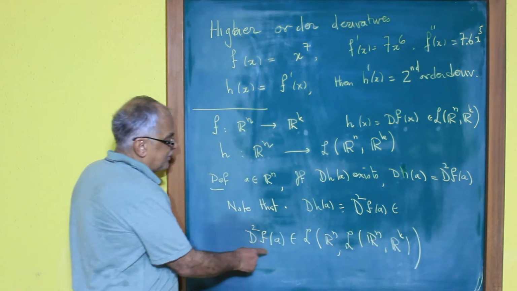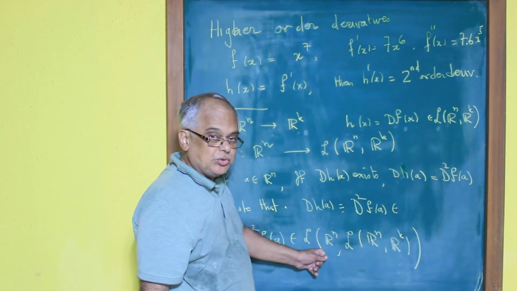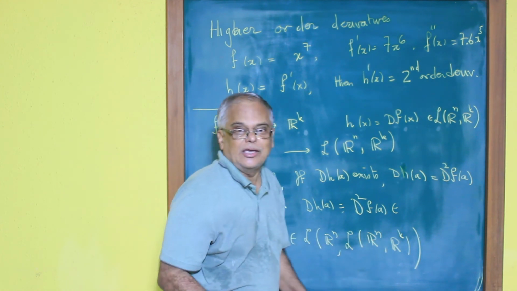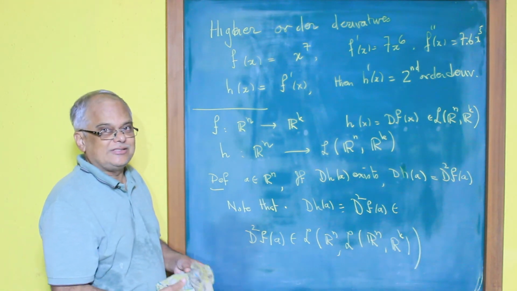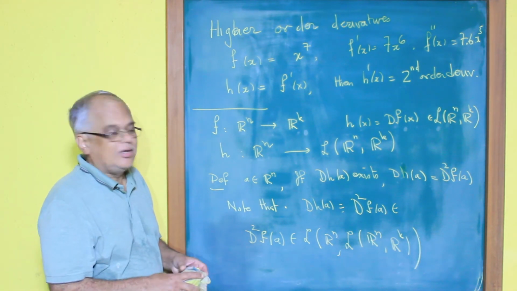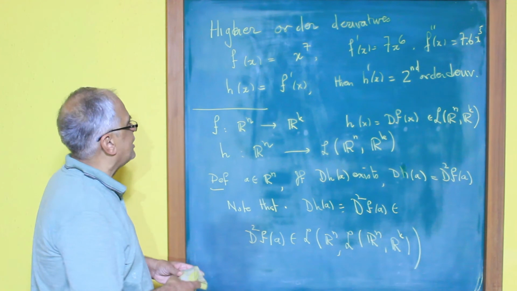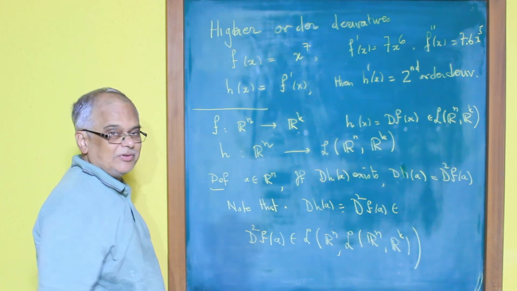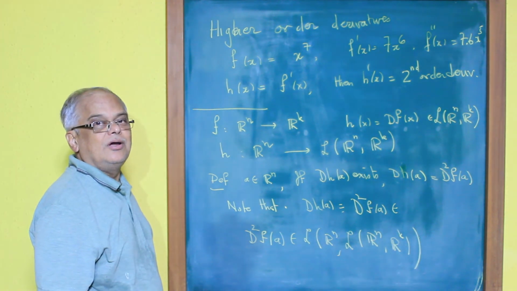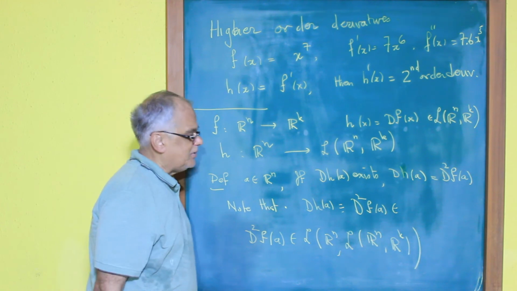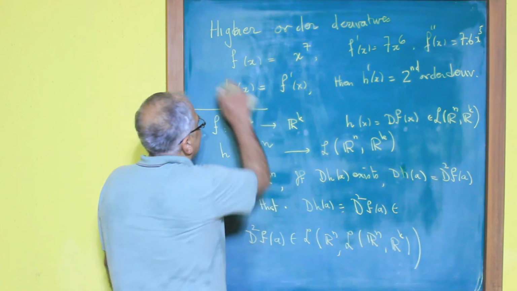So the second derivative of a function at a point is a linear map from Rn to linear maps from Rn to Rk. This is actually a very difficult idea to digest, but it is something that you will have to get used to, because these are the kind of objects that we will be playing around with for quite some time. Once we know what the second derivative is, it should be clear what the third derivative is. What is the third derivative? The third derivative is the derivative of the second derivative, and therefore, if it exists,